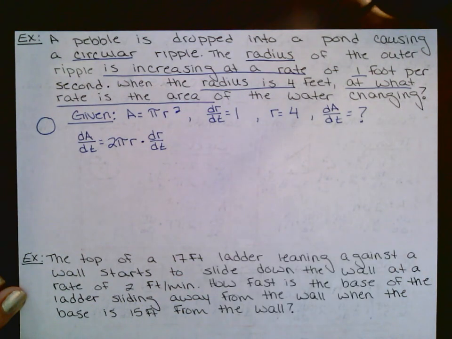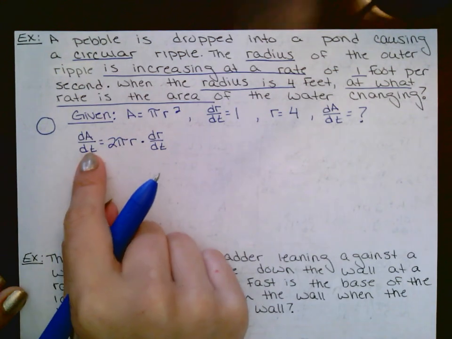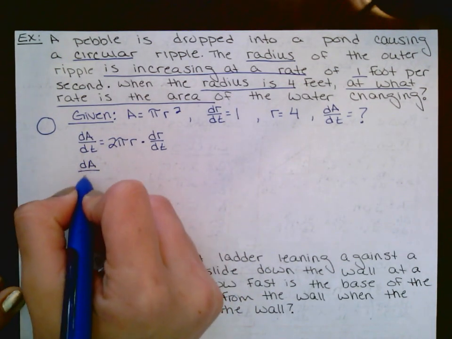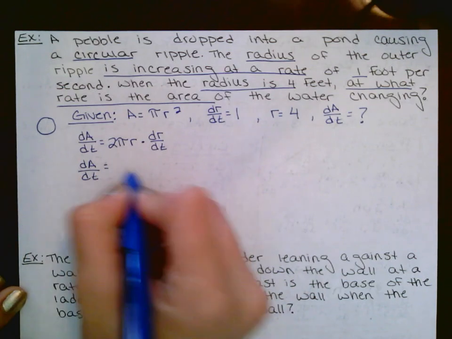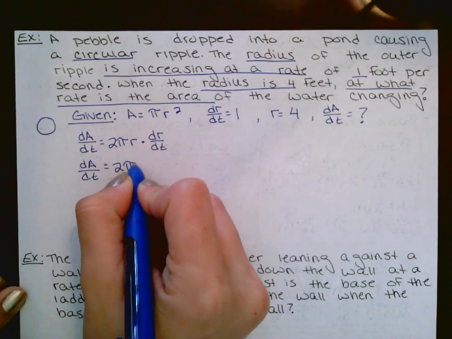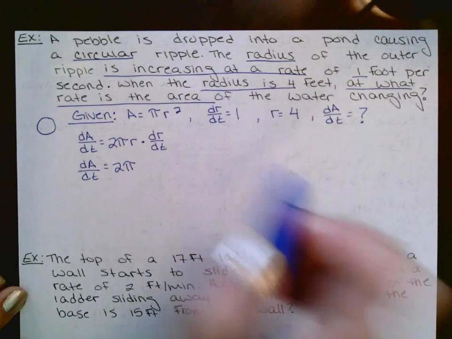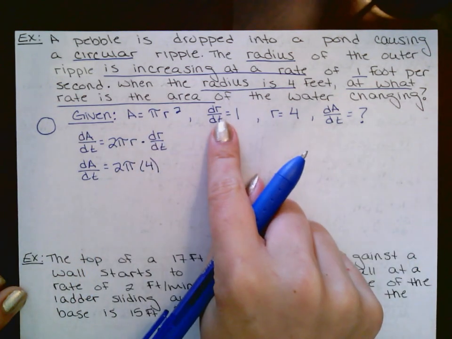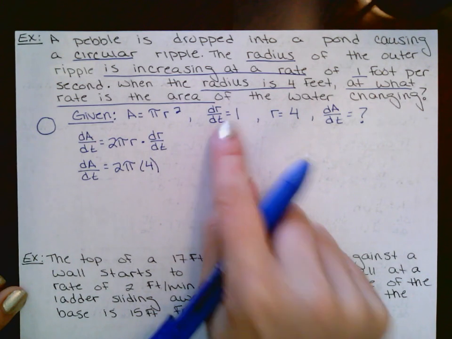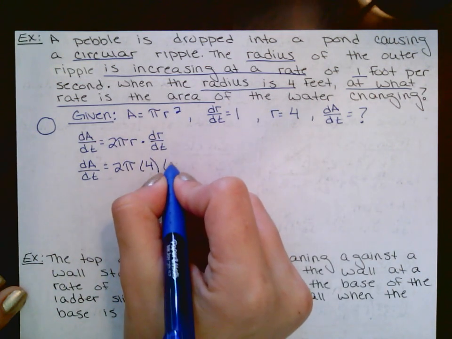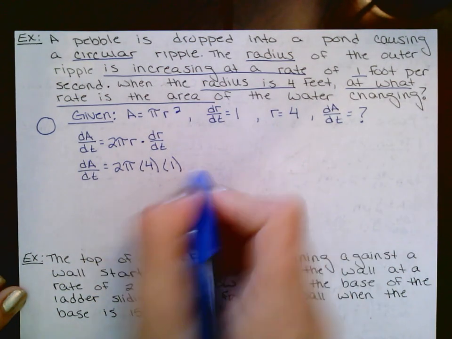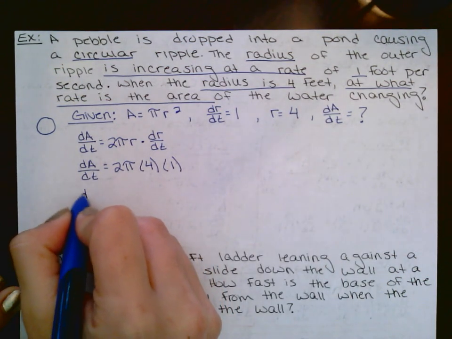Now your next step is to plug in the information that you have. dA/dt is what I want to solve for, and then I have 2 pi. I was told to solve this when the radius is 4, and that the rate of the radius changing is 1, so dr/dt is 1. If I clean that up, I can say that dA/dt